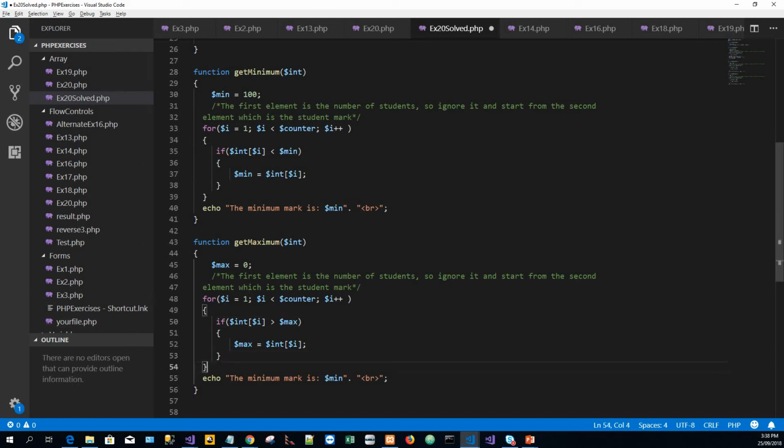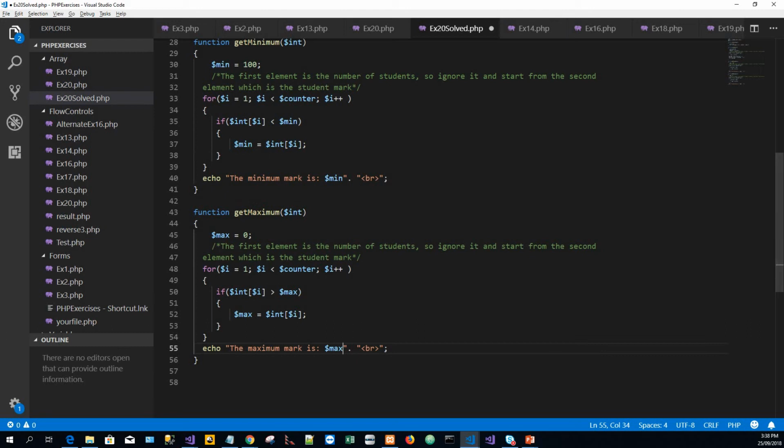Okay, it goes on, and at the end of the for loop, outside the for loop, I'll write the maximum mark is $max, and then break, and then